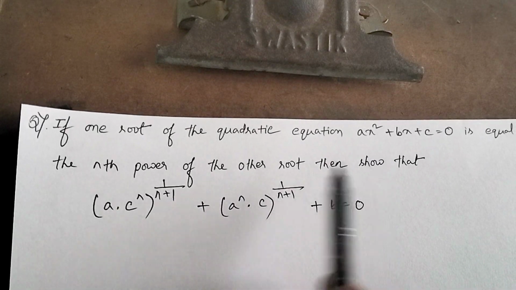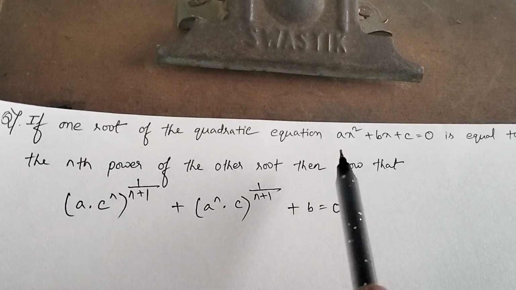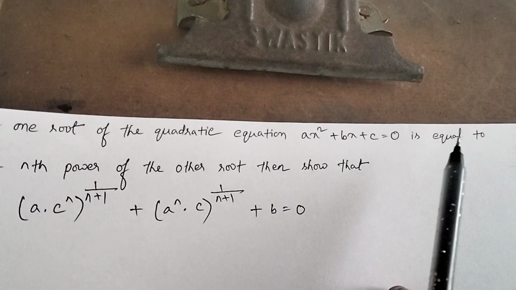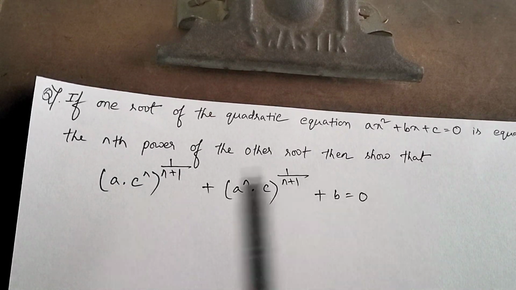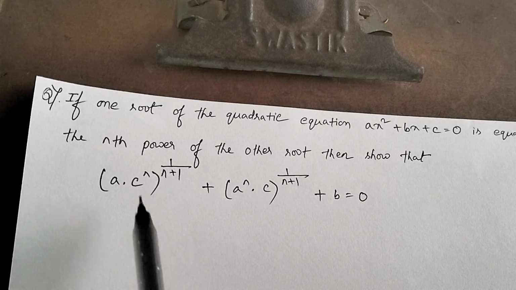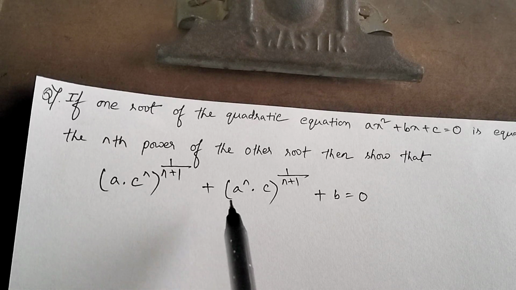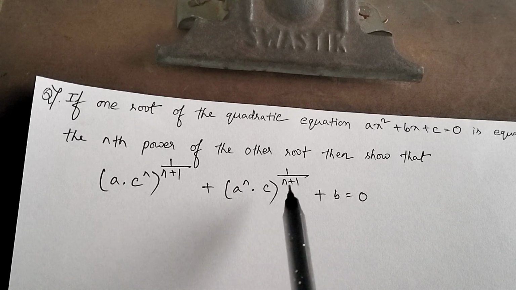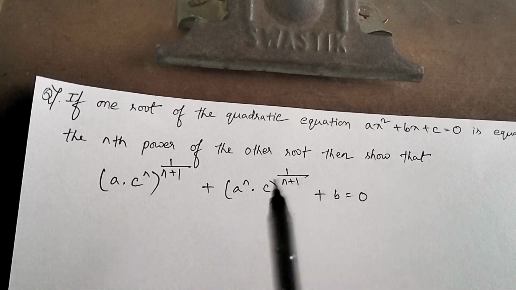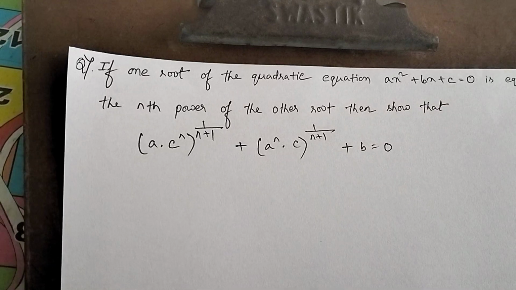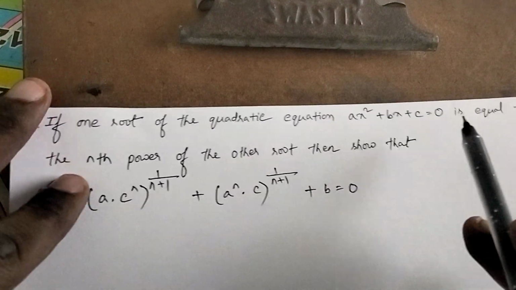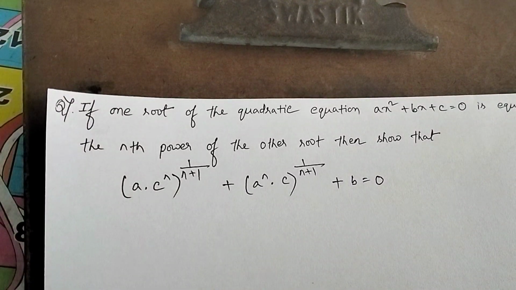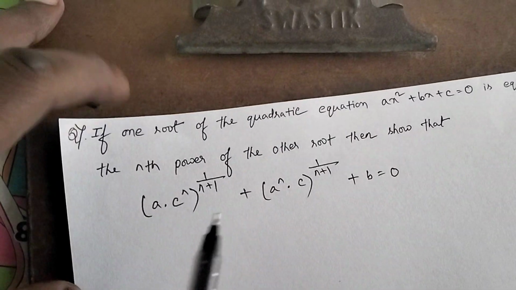Note the question carefully. If one root of the quadratic equation ax square plus bx plus c is equal to 0 is equal to the nth power of the other root, then show that (a into c to the power n) whole to the power 1 by n plus 1, plus (a to the power n into c) whole to the power 1 by n plus 1, plus b is equal to 0. So it has been said over here that one root of the quadratic equation is equal to the nth power of the other root. Clear? So I will take the two roots as,